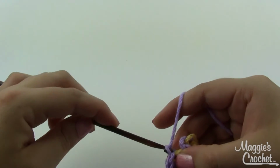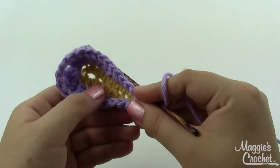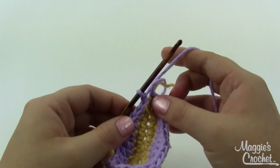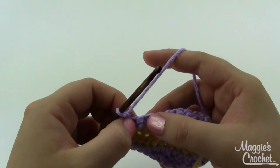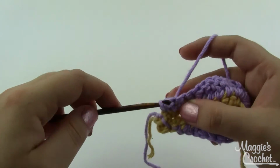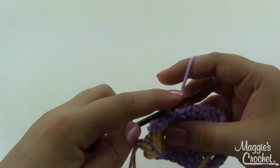And we'll chain 1 and turn. It's okay that we're not joining here because this is the end that's going to get stuck down into the center of our flower, so you'll never see this end right here. Chain 1 and turn, skipping the first slip stitch right here, slip stitch in the next 4 stitches, so we're going to skip that one. In the next one, slip stitch 1, 2, 3,